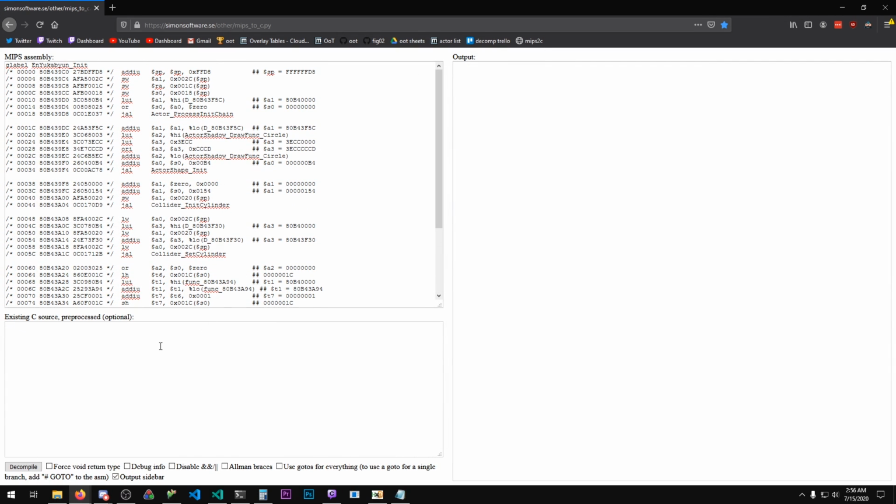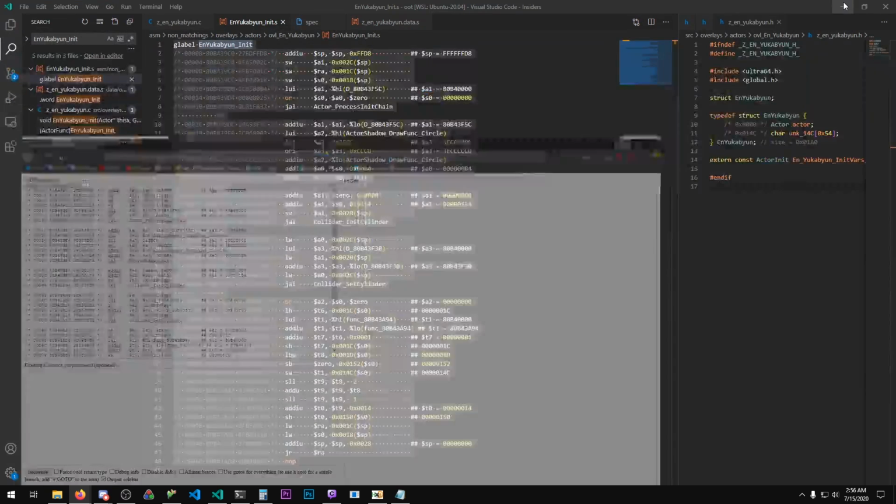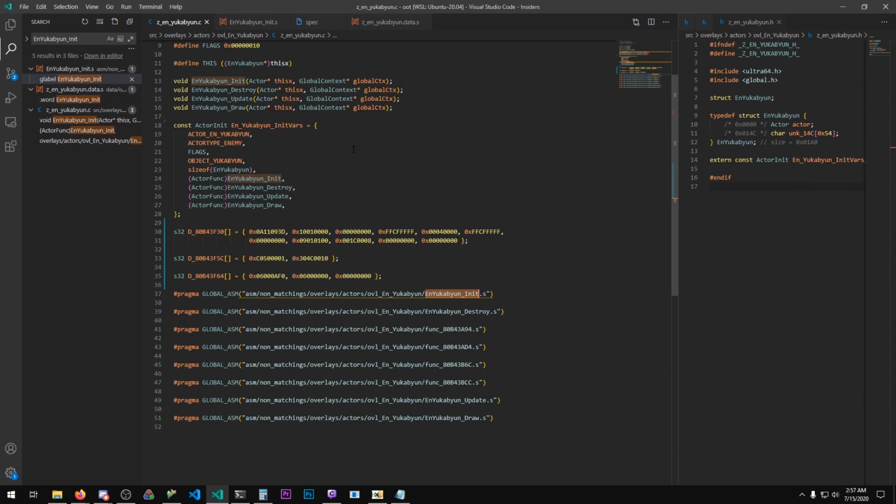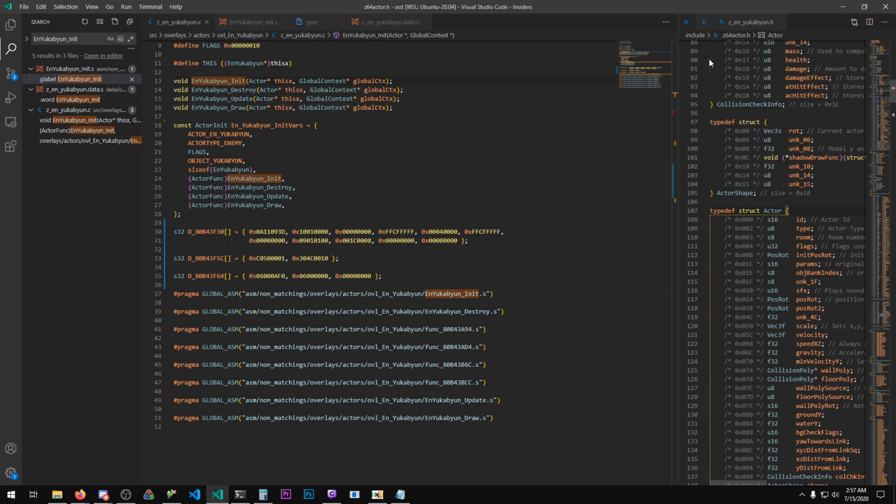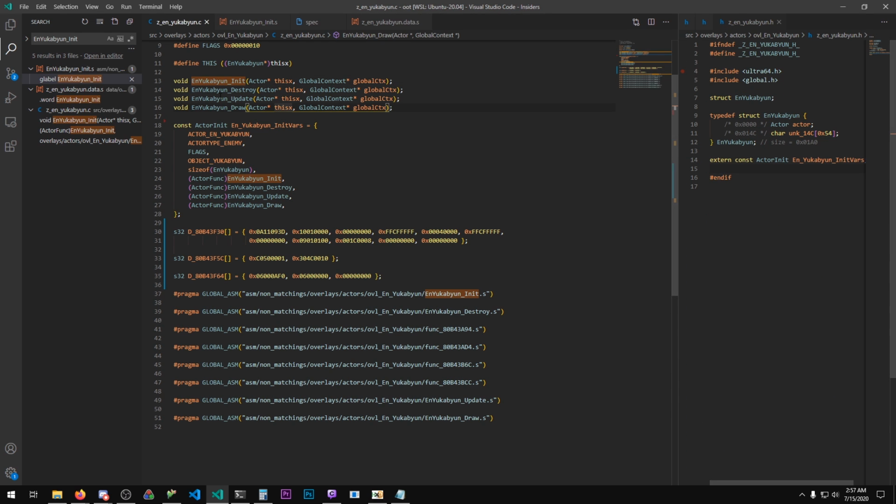And now, I've mentioned this before, there's the context that mips_to_c takes. So I'm going to show how to set that up. It's not the most useful when you're starting with an init, because obviously you don't really have too many fields, but it helps to have the prototype and stuff. And it becomes more useful as you fill out the actor struct. And it obviously has structs from everything else. So,